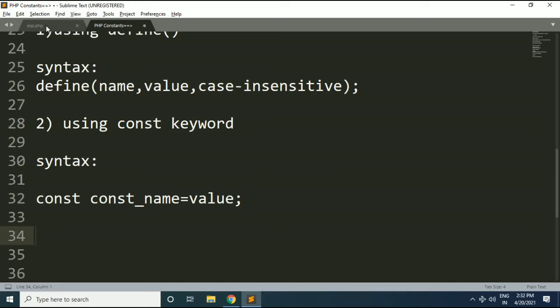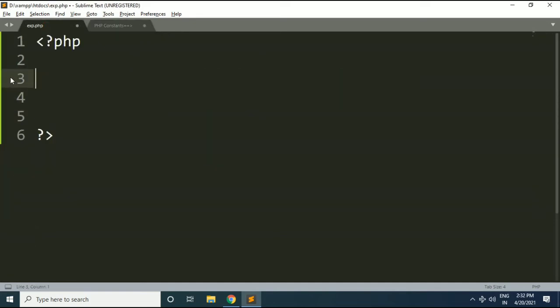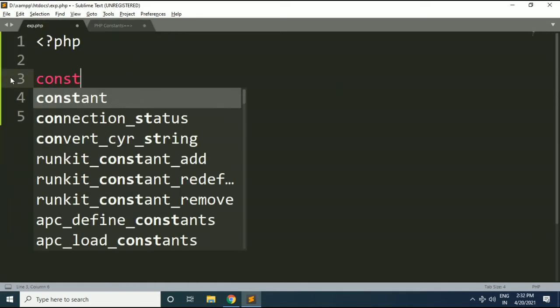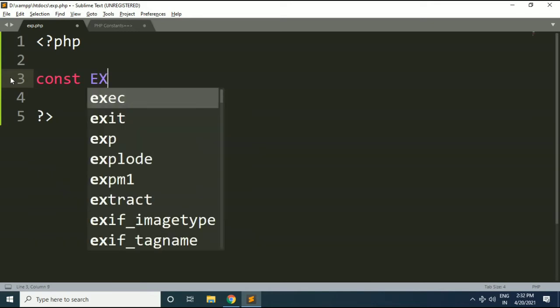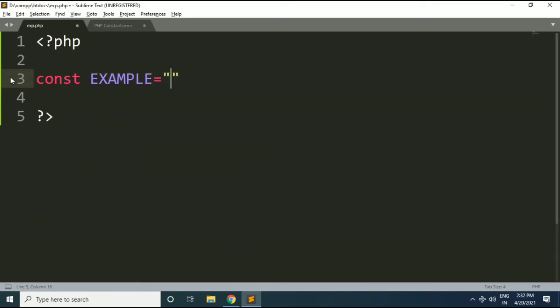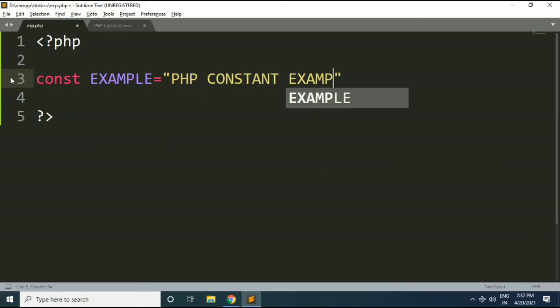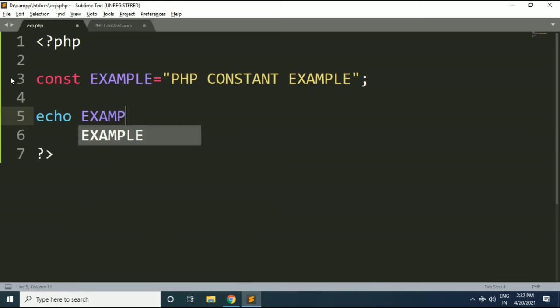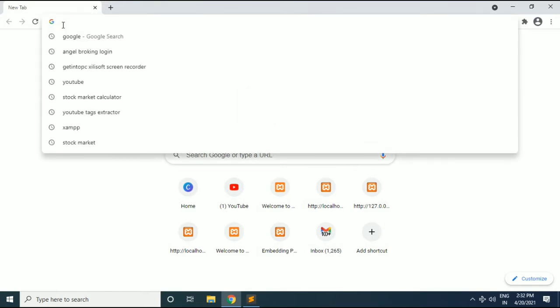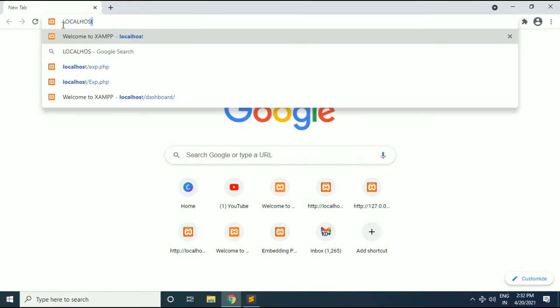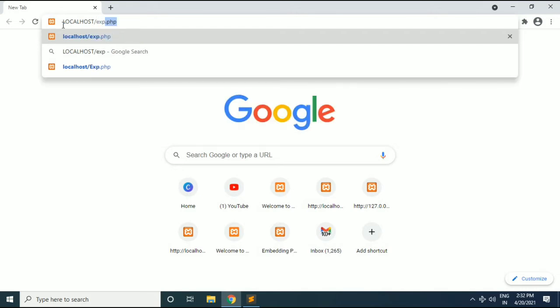Okay, now I will try to show you an example of the const keyword. Here I will use const and the name of my constant, and I will specify the value, and at last we will have a semicolon. Again with an echo statement I will access this constant like this. So I will save this program and go to the browser and type localhost/our file name. You can see the output